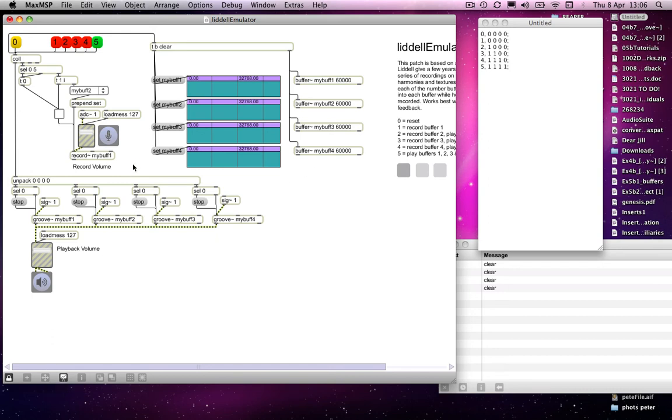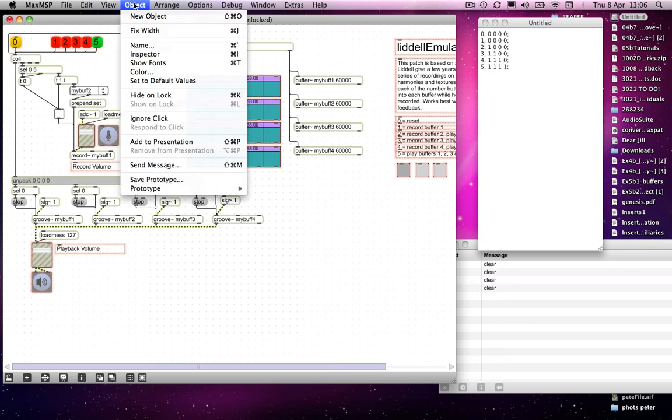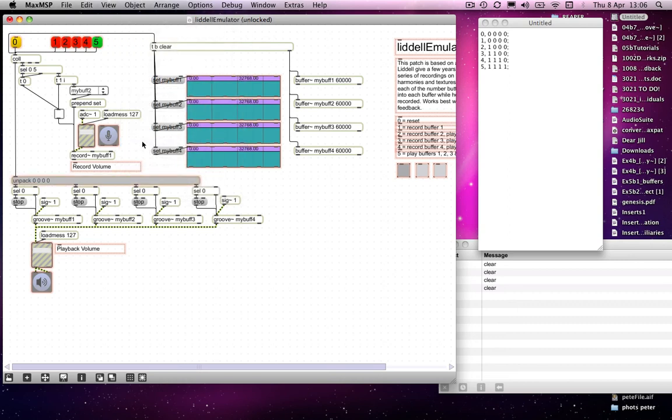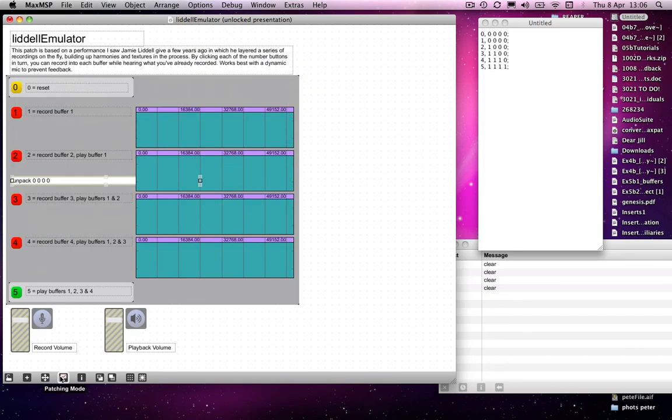So what I've done, if I unlock the patch again, you will see that I have chosen particular objects that I want to be displayed, and they all have a sort of pinkish glow about them. And to get that glow, you choose the object and then you go to the object menu and add to presentation. You can see it also has a shortcut, so you can use that. So I choose add to presentation, and at that point, if I go into presentation mode, not only do the bits which were originally there pop back into place, but also this unpack object has appeared, and I can resize that